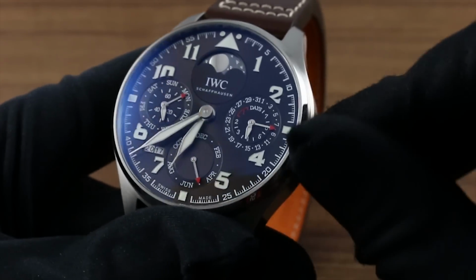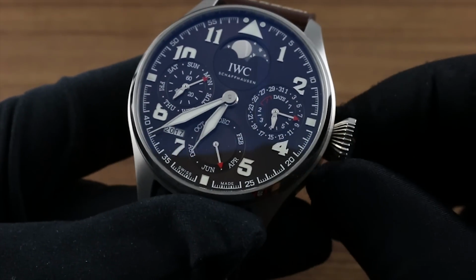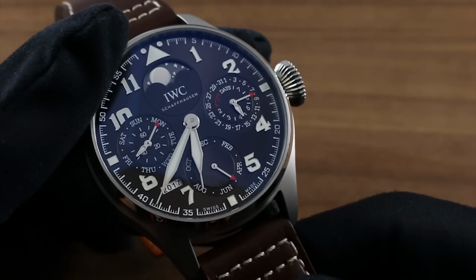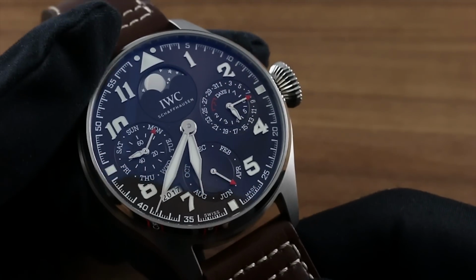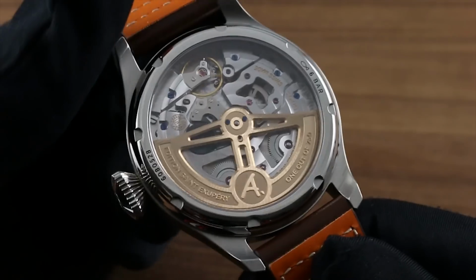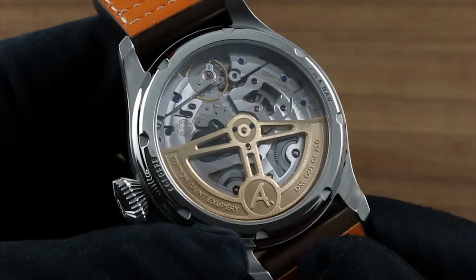It's also easy to wind and set thanks to the immense screw-down style vintage-inspired onion crown, as practical today as it was in the 1940s. The moon phase is an extraordinary achievement of IWC, not only part of the coordinated Kurt Claus perpetual calendar system, it's accurate such that it requires only one adjustment every 577 years. Turn the watch over, and now you can see IWC's manufacture, caliber 52610, 54 joules with a 7-day